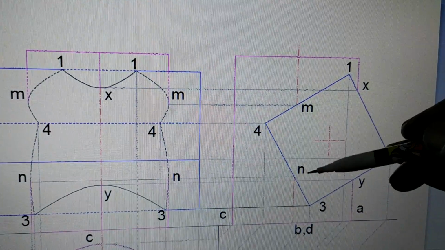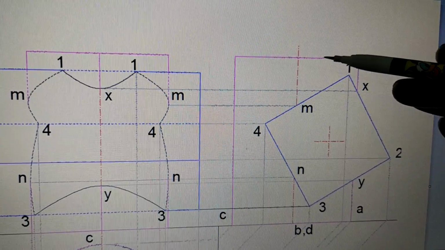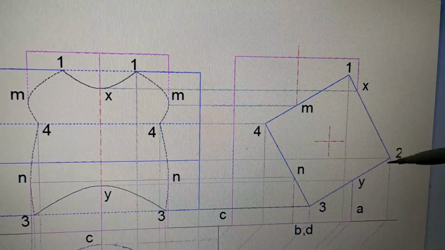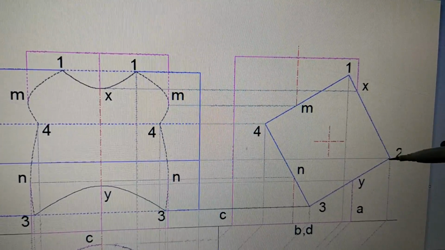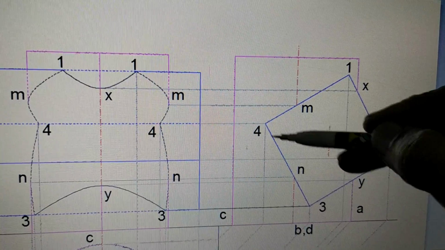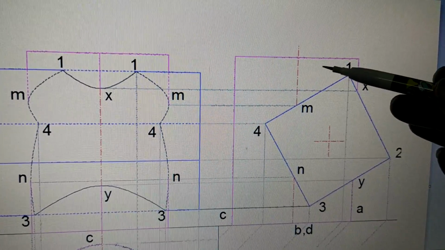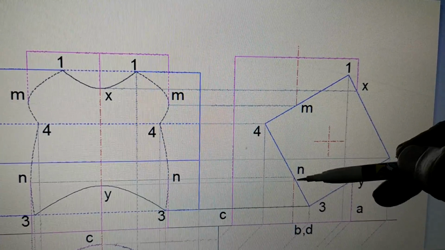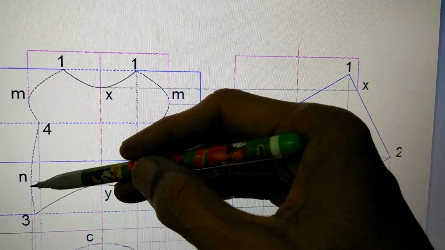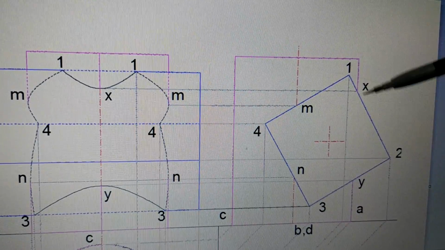But then because it is on the back side of this prism, see, this part is front for the cylinder, this part is back for the cylinder. But for the prism, this is the front side, this is the front side, this is the back side, this is the back side. So this much part N to 3 is on the front side of the cylinder, but it is on the back side of the prism. So you will not be able to see this N and 3. So between N and 3 the curve is there, but it is hidden because it has gone behind this prism.